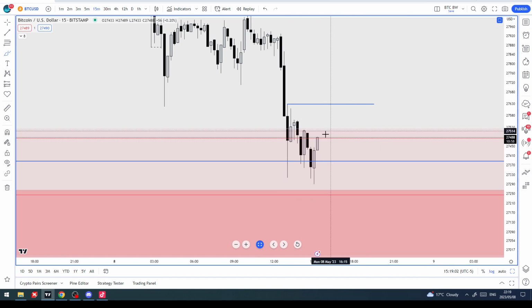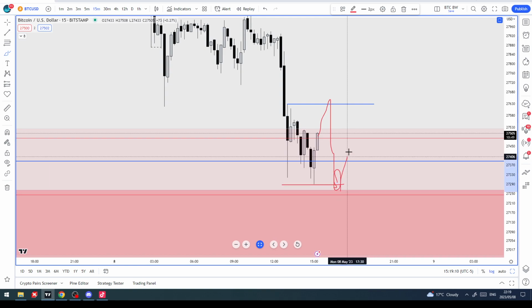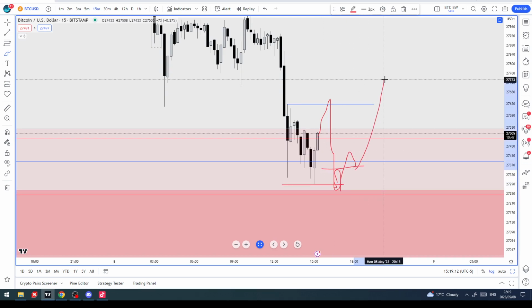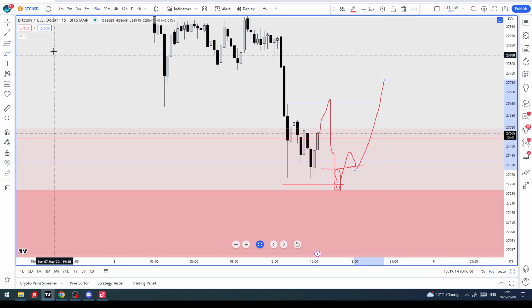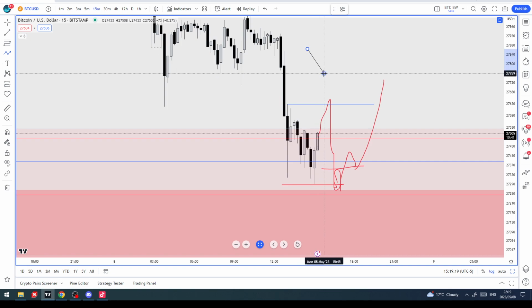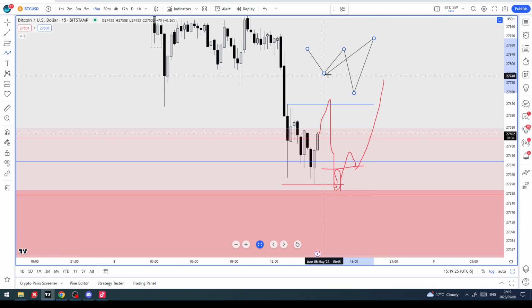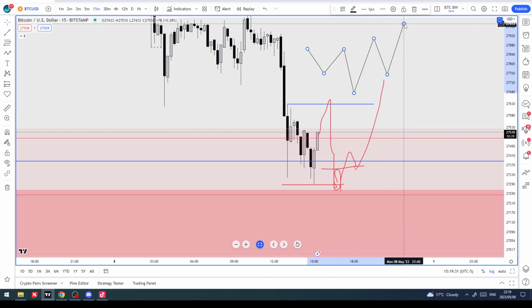So at some point, even if they do this, I suspect they're going to want to come and do this, even if it's just by a wick, but it is a down candle that forms here that they take afterwards. That will give us the model that we know and love, right? Liquidity run, market structure shift, dealing range formed because we've taken sell side and then we took buy side, retracement to at least 50%, and off.